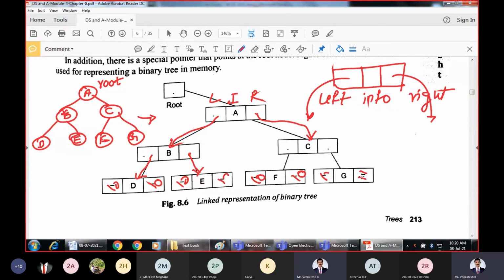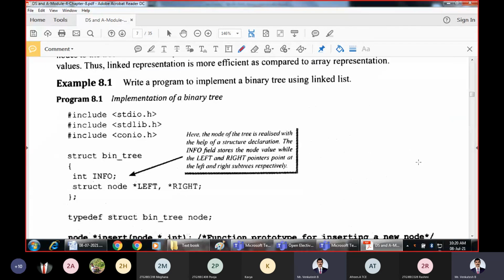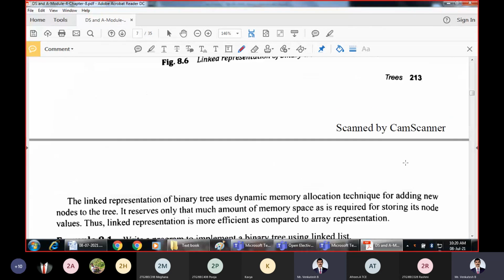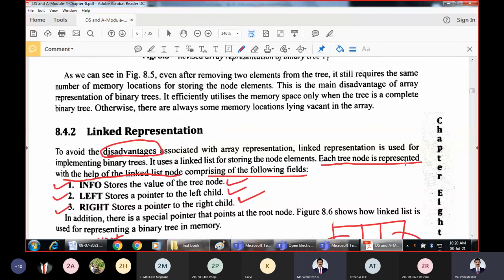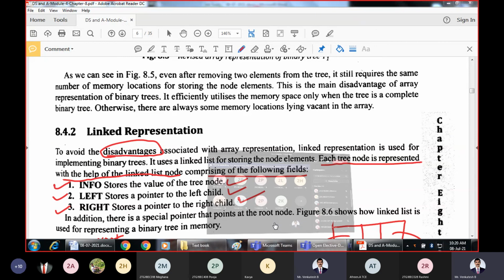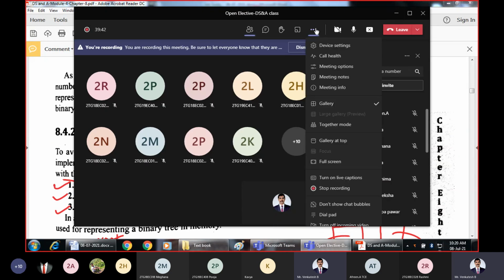They are going to contain null values because they are not having any children. So this is a simple strategy in which we represent the tree using linked representation. What we have seen is the representation of a tree in 2 ways, the array representation as well as using a linked list.